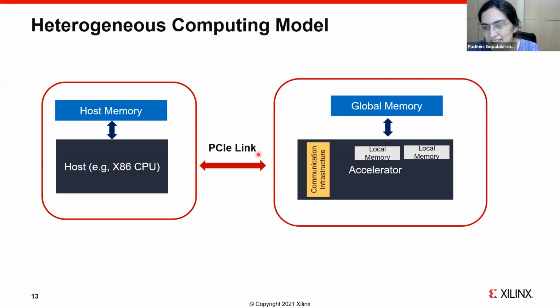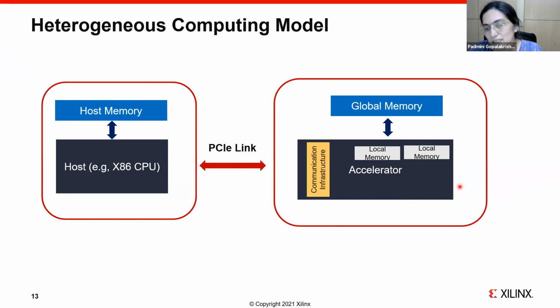So if this accelerator was an FPGA, can you correlate this local memory to any units that we talked about last time? Anybody? DRAM? Correct, not DRAM. DRAM lies outside the chip. So DRAM is this global memory. But yes, block RAMs and ultra RAMs on the FPGA, they are local memory on the accelerator, right?